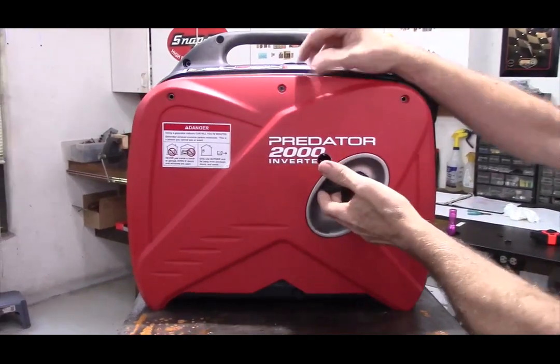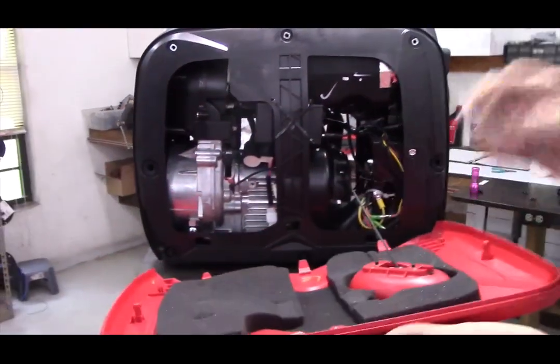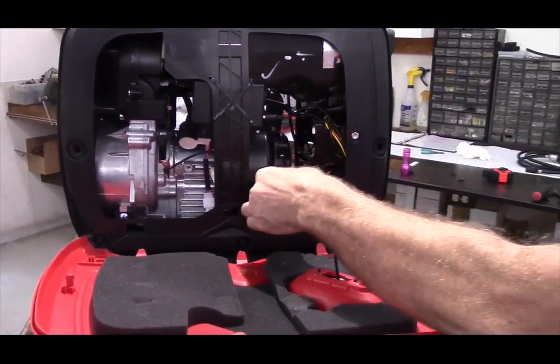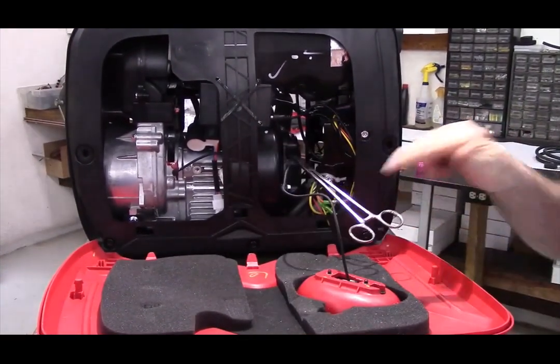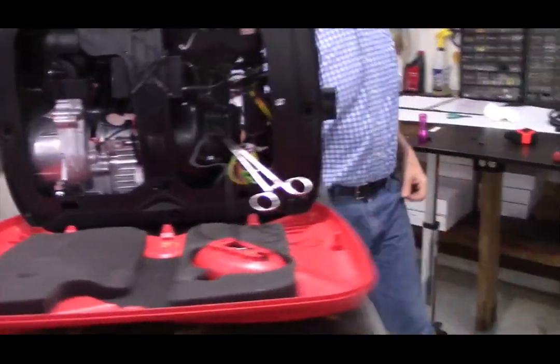There's the recoil start rope on this one. You don't need to clip the rope off. I'm going to simply because it's going to make it easier to shoot the video, no other reason than that. I'm just going to use a pair of forceps so that it doesn't try to pull that up against it. Okay, so now if you come over